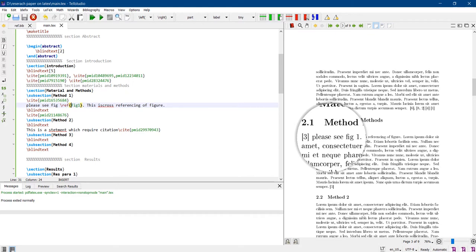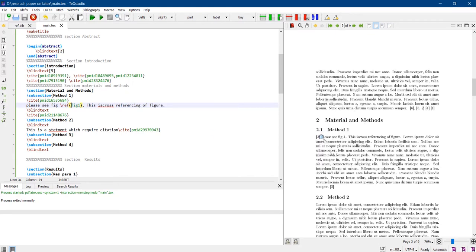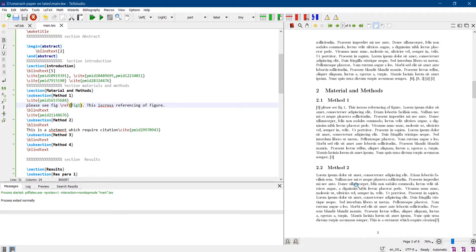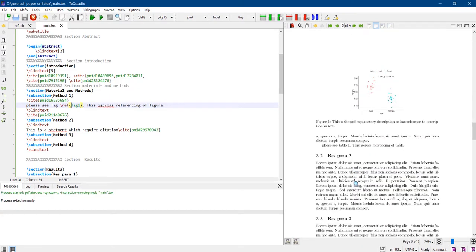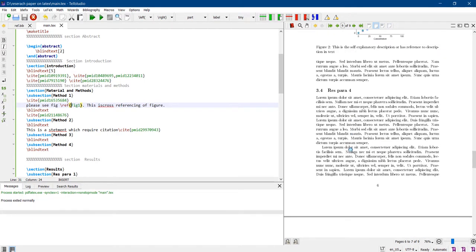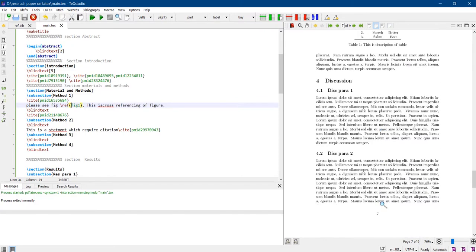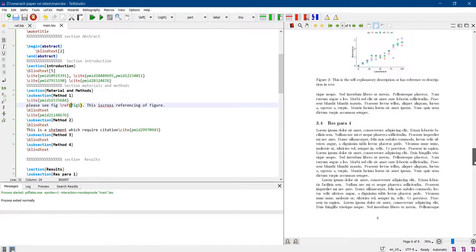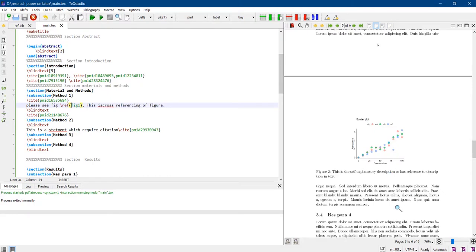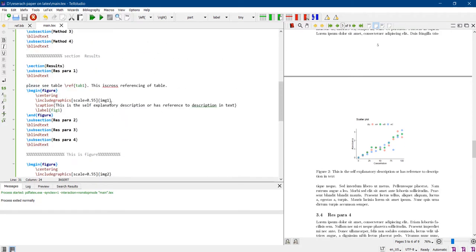Please see figure 1. Okay. First citation is there, that number 3 citation is there, and after that we have the cross reference for this figure, and cross reference for the figure will appear in other sections also. I have written there. Here please see table 1, table cross reference is there. We will see the table also, and the figure in the discussion here, that figure 2 is referred. See, please see figure 2. This is the cross reference for the figure, and figure 2 is there here, and your reader will get directed to this figure. We'll see how to include the table.